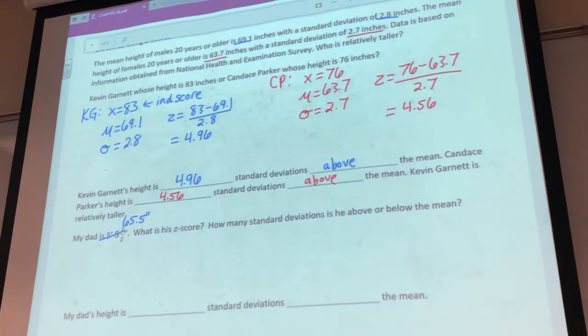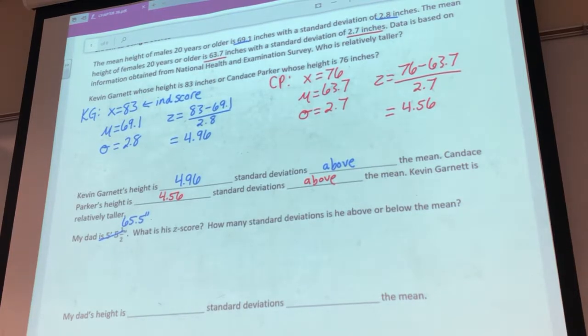We're trying to figure out his z-score. So his x is 65.5 inches. His mu, since he's a male, is back to the 69.1, same as Kevin Garnett. And then sigma